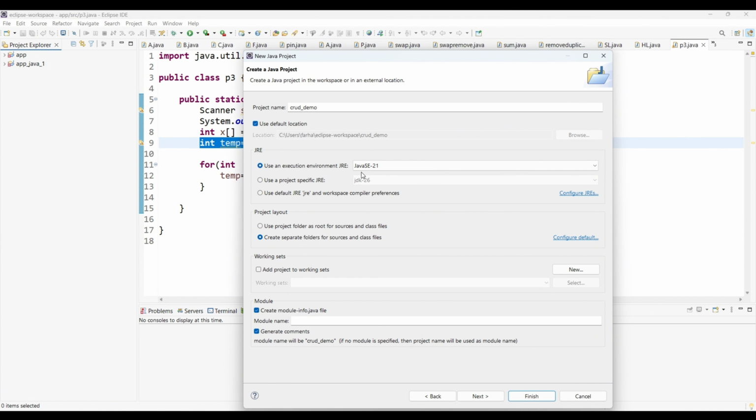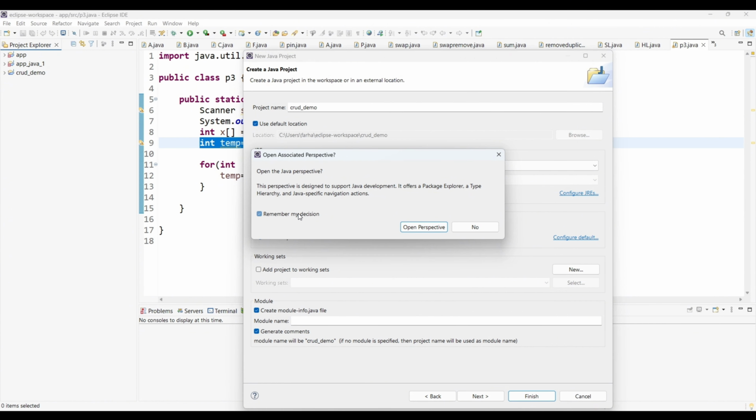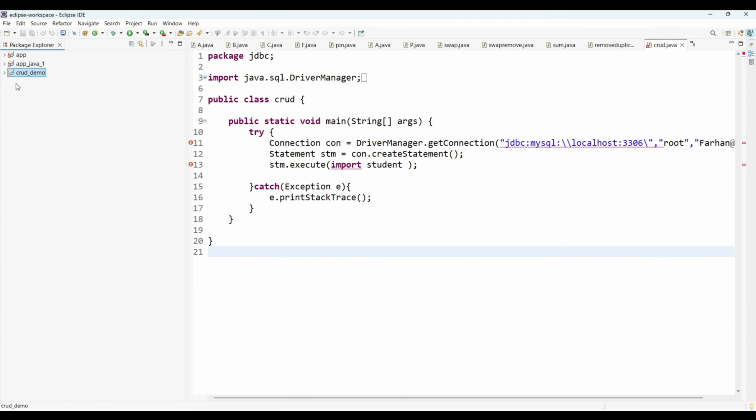In your case, you can choose whichever latest JDK version is installed on your system. Generally, it is recommended to use the latest stable version because it provides improved performance, better security, and access to new Java features. Now click on Finish. Perfect. Our project has been created successfully.